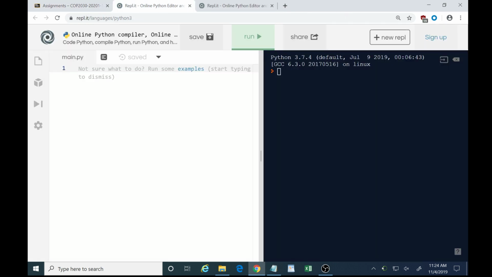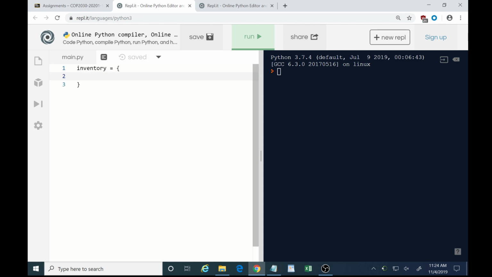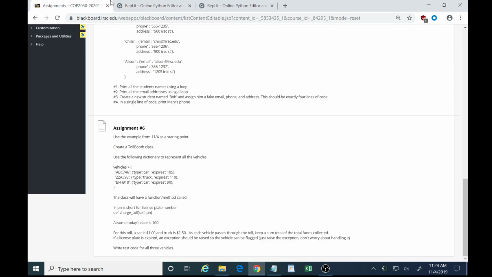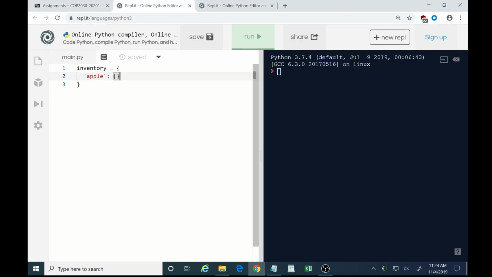So let's do this. Let's use inventory. So we create a new dictionary, and the key is going to be the name. So let's say Apple, colon. And then another dictionary. So an Apple is going to point to a dictionary, and then that dictionary is going to contain